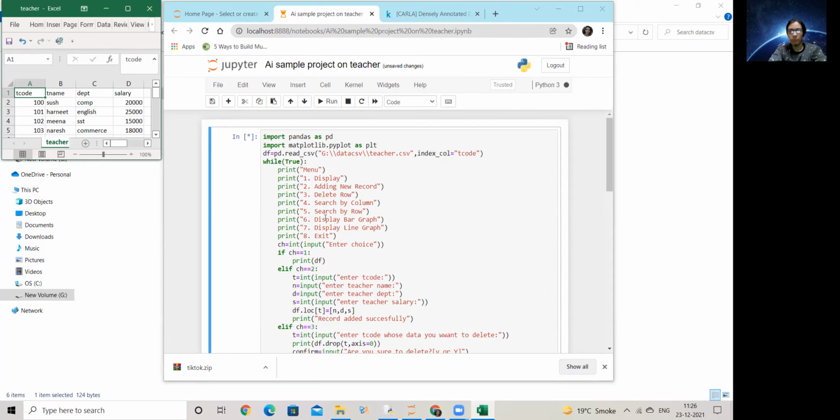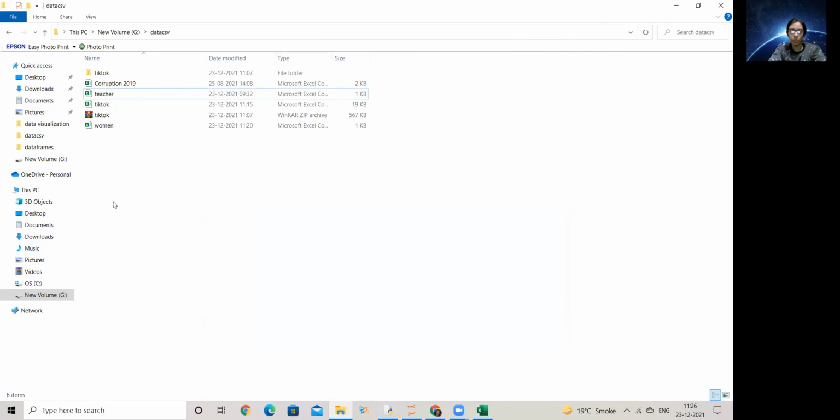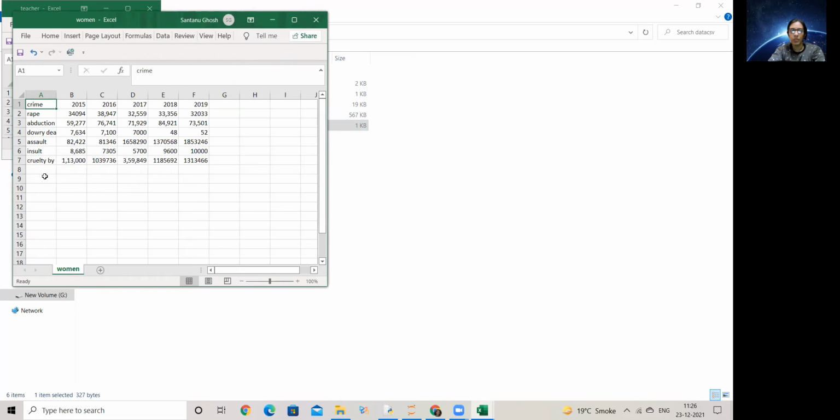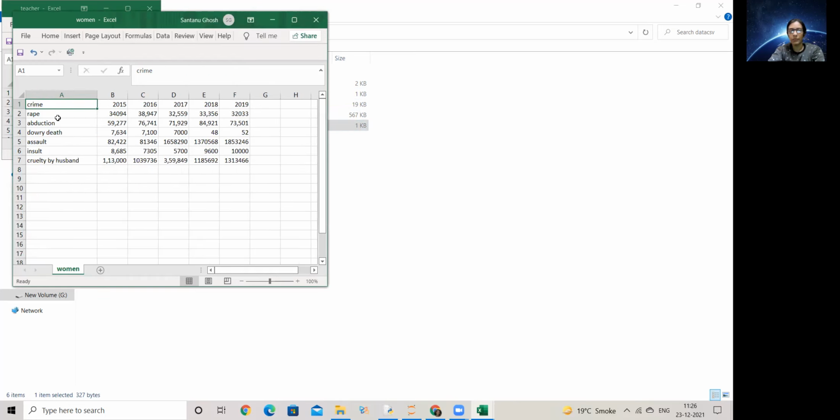Okay, so I've taken T code in the other file. Whatever we put as index will be in our CSV file. Whatever we use the name as index, we will put that instead of the T code. Whatever column you want to take. Like in women, I'll try to work with crime as my column name, because ये unique होगा. I'll not have rape put twice. I'll not have abduction put twice, है ना? So this is going to be a unique thing for me.